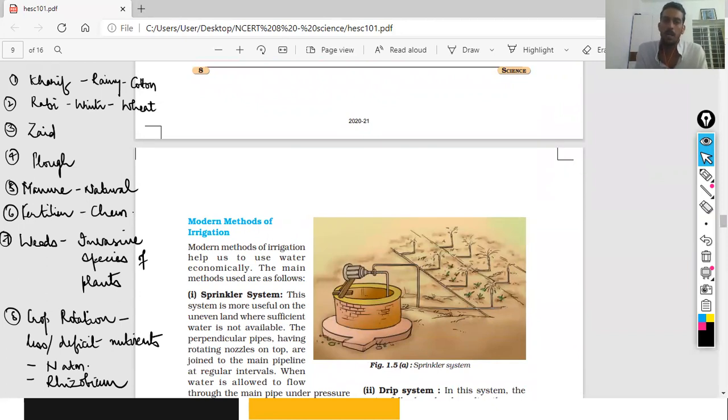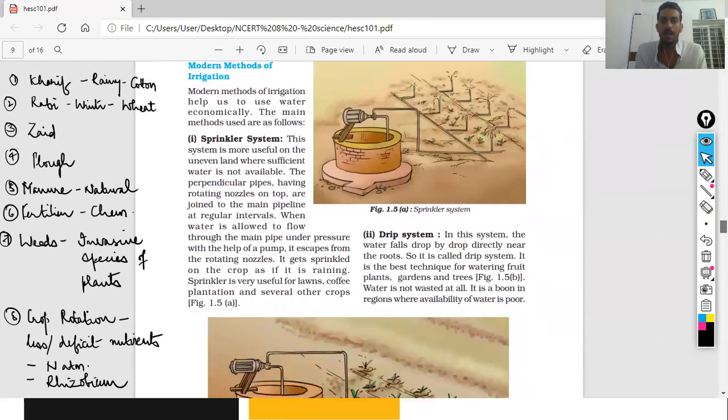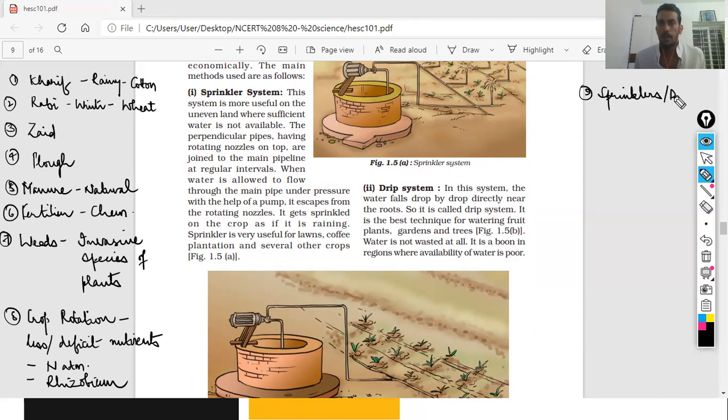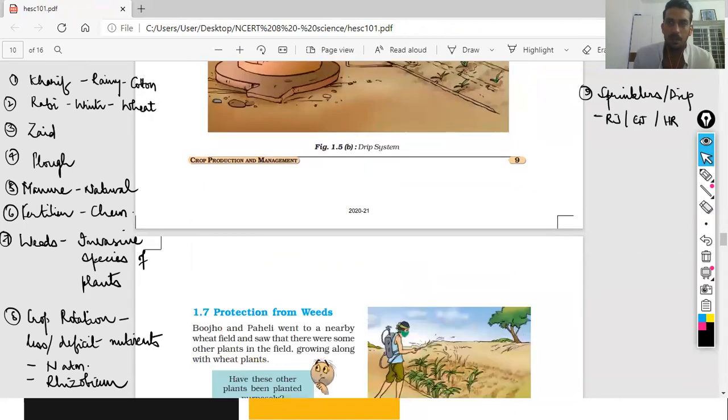And in modern methods, we have the use of sprinklers, or we have the use of drip system. Sprinklers and drip systems are very often used wherever we have water scarcity, right? So we have the ninth point, that is use of sprinkler or drip. You can consider Rajasthan and Gujarat and Haryana to be examples of such places where we have severe water scarcity. And in order to save water and to ensure your crop is growing, we use these kinds of